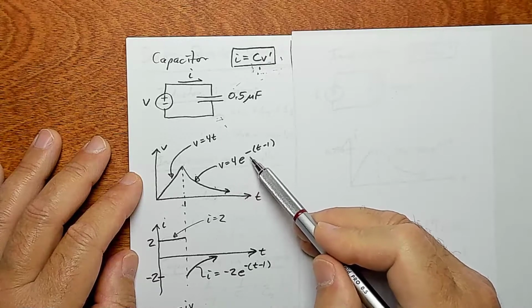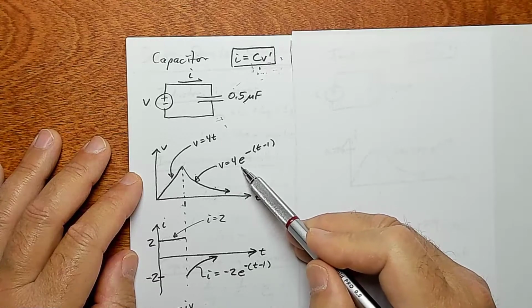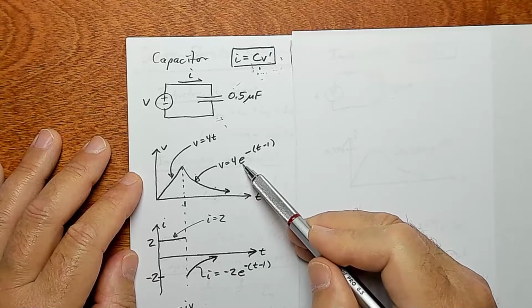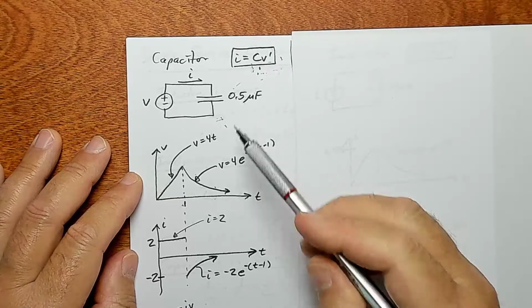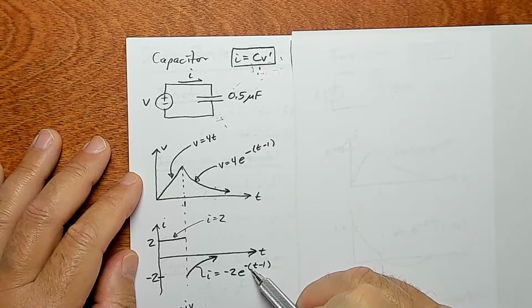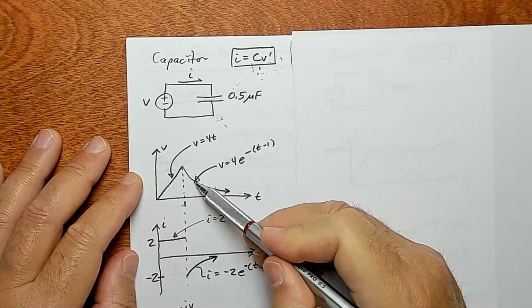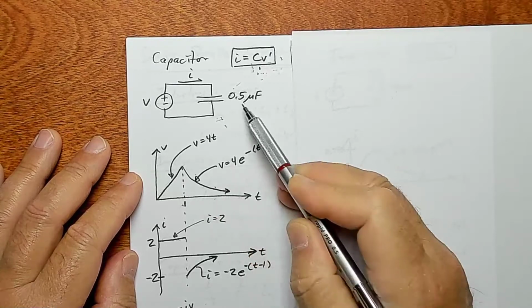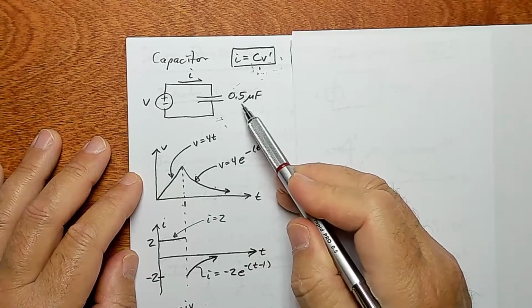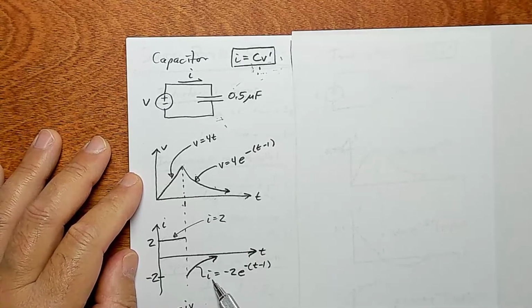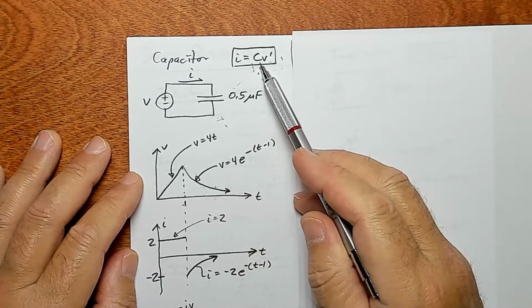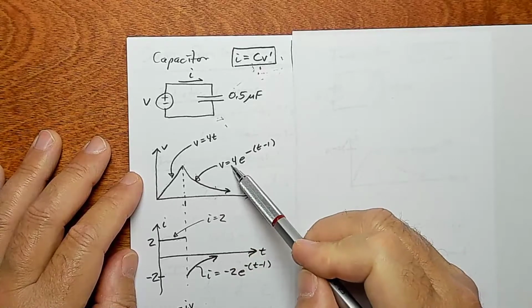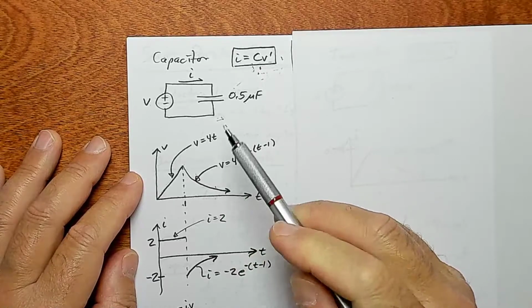The derivative of 4e^(-t) minus 1 is minus 4e^(-t) minus 1. And then you multiply that times a half, and you get minus 2e^(-t) minus 1. So basically the derivative of this curve times half a microfarad gives you this current in microamps. So we're just applying this I equals CV prime, and notice that it flips direction here,